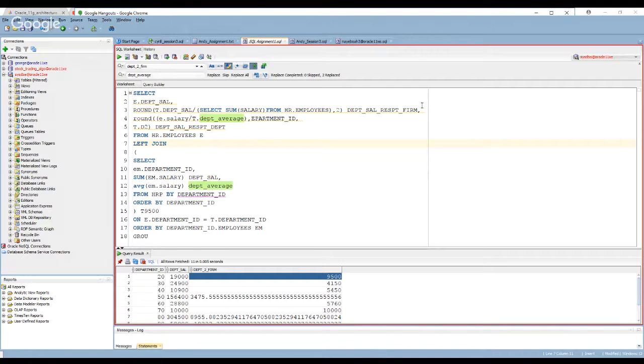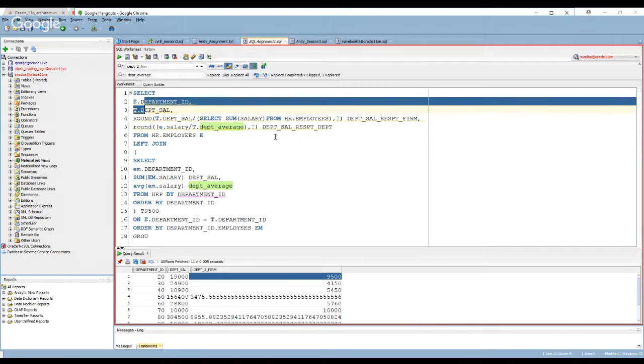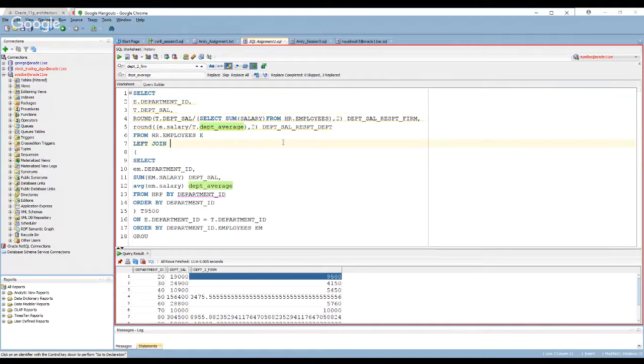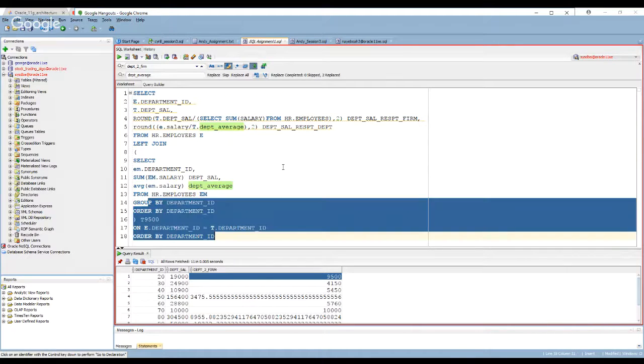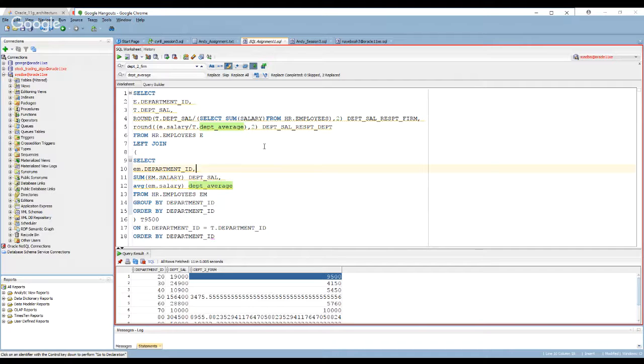And yeah, I think you also made a good attempt at it to try to solve the problem from first principles, which is okay. I know I need to get, for every department, the total salary in that department, and then the average salary in that department, and then compare it to the firm, right? Because you're going to use the average salary later. So your inner query here, right?